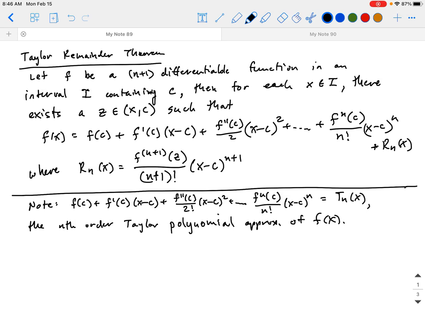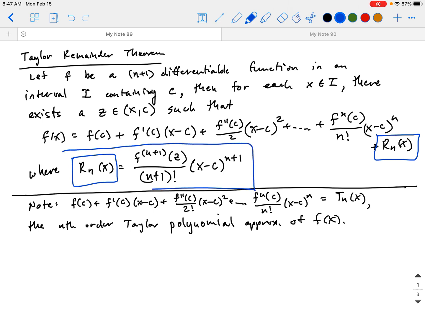Welcome back, everybody. So today we're going to look at the Taylor remainder theorem in a little bit more detail than in class and try to give a shorthand version of what the proof would look like. The Taylor remainder theorem is here to figure out what the error is in approximating a function with a Taylor series. So we have this remainder term, which we call R_n(x),